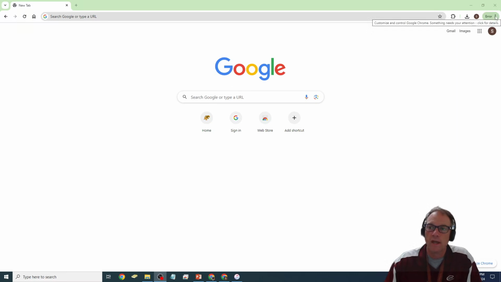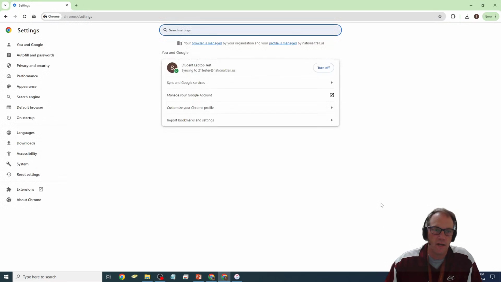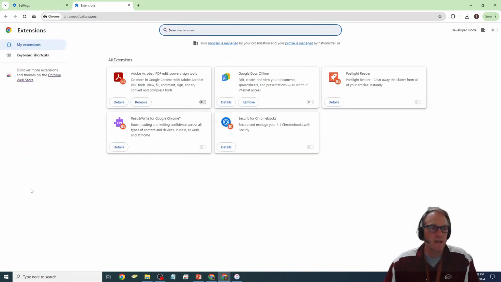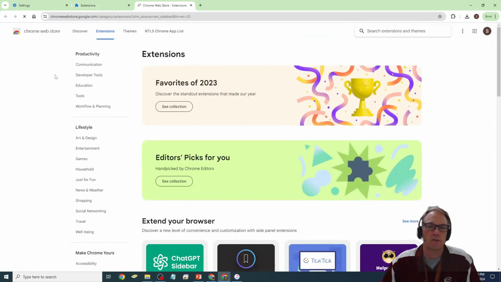Trail web store. And to get there, I'm going to hit the three dots and I'm going to go down to Settings. And then I'm going to come over here to the left-hand side to extensions. And the one that I'm going to show you to install is already installed for this account. It's Read and Write for Chrome. But when I'm here is when I see all the extensions that are currently installed. And it's also when I can click right here on the Chrome Web Store to get to the list of